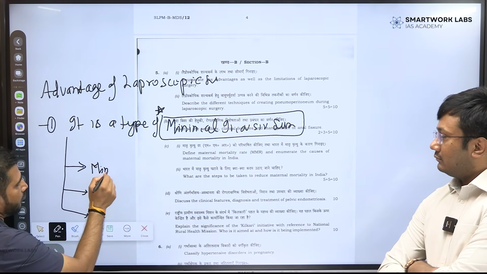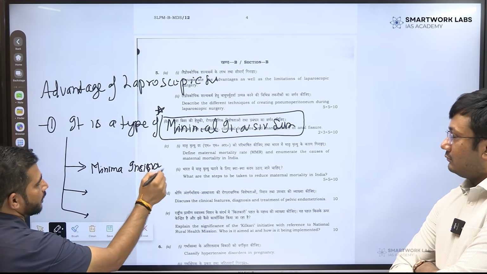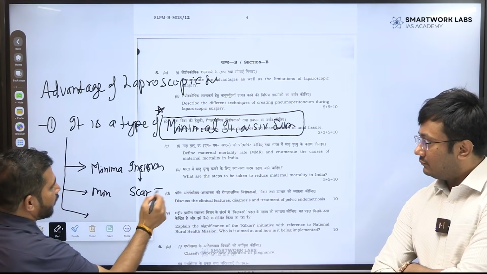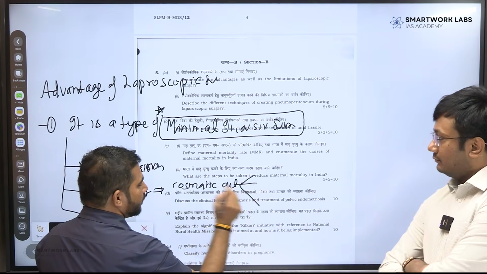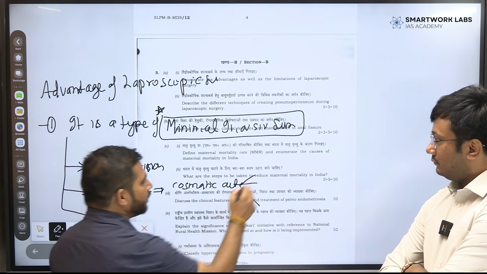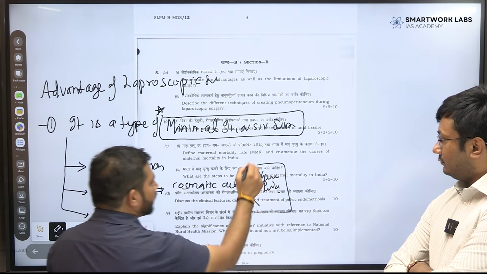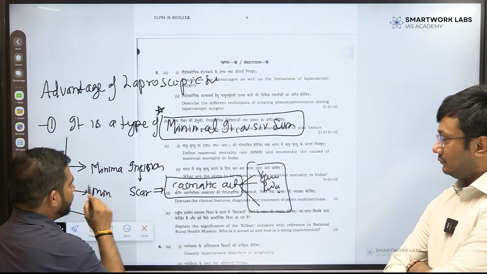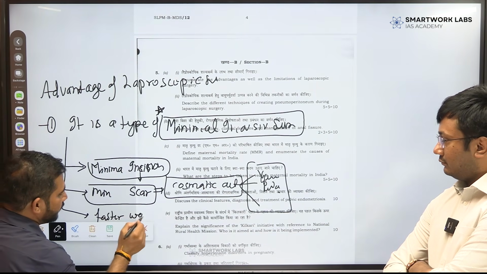सो मिनिमल इन्सीजन, इफ देयर इज ए मिनिमल इन्सीजन, आप कोरिलेट करिए मिनिमल स्कार, फास्ट हीलिंग। मिनिमल स्कार का एक मतलब हो सकता है कॉस्मेटिक आउटकम्स, खासकर वाई, although the cosmetic outcome, the beauty is generalized for everyone, is universal, but if you specified young female, young people, women's, आप इसको अवॉइड भी करें तो ज़्यादा बेटर है, क्योंकि ये आपको स्टीरियोटाइप बनाता है। तो आप केवल एक वर्ड यूज करिए कि कॉस्मेटिक आउटकम इज गुड, मिनिमल स्कार, मिनिमल इंसिजन, फास्टर वुंड हीलिंग।